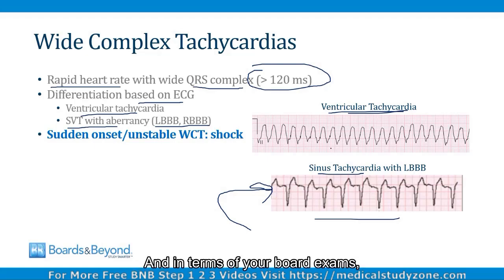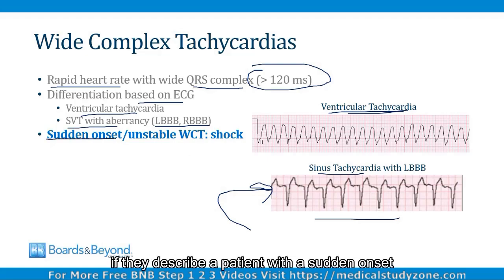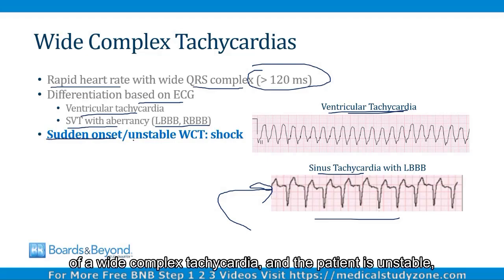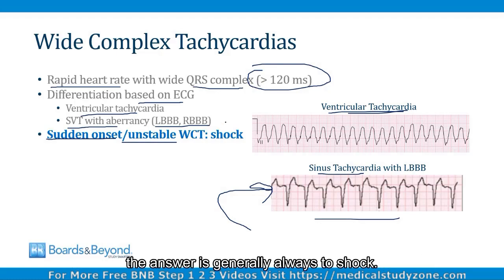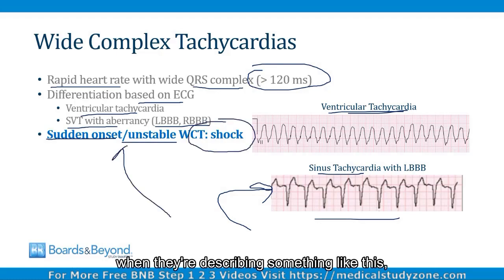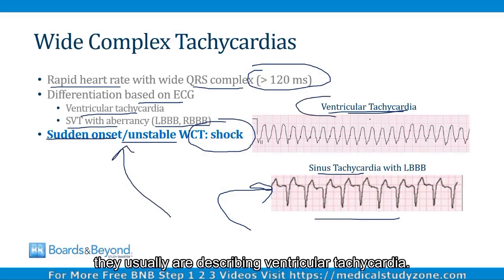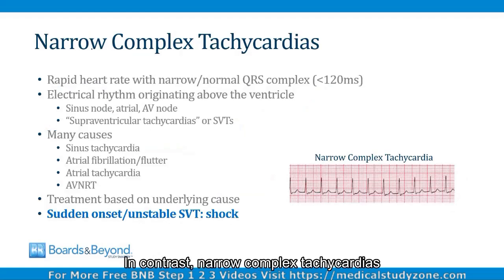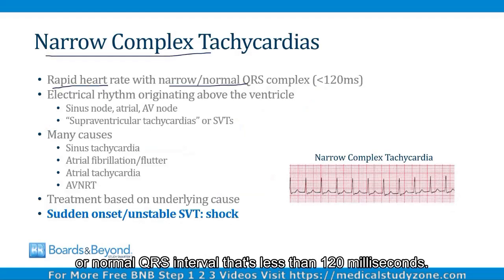And in terms of your board exams, if they describe a patient with a sudden onset of a wide complex tachycardia and the patient is unstable, the answer is generally always to shock. In real life, it's more complicated, but in a board exam, when they're describing something like this, they usually are describing ventricular tachycardia. In contrast, narrow complex tachycardias have a rapid heart rate with a narrow or normal QRS interval